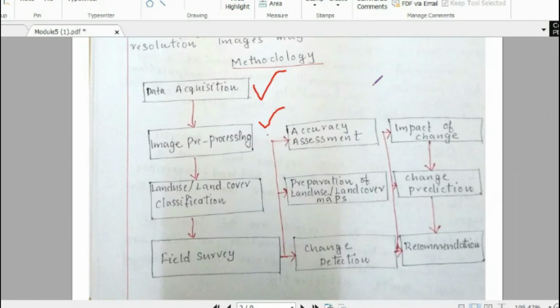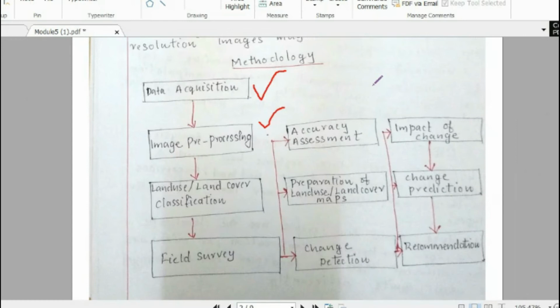So we are collecting the satellite images and dividing the entire images based on the land cover and land use parameter. Then field survey also is an important parameter. Sometimes we can say it is for reference, or to make sure that whatever data we collected through the images or through the topographic maps is exactly perfect. And sometimes some cross checking is also required through field survey.